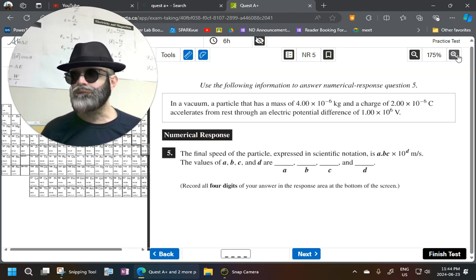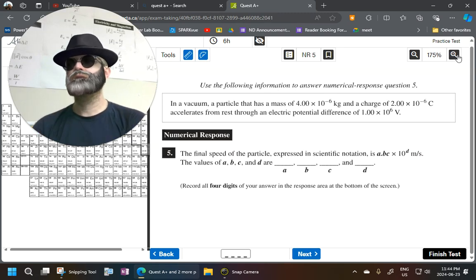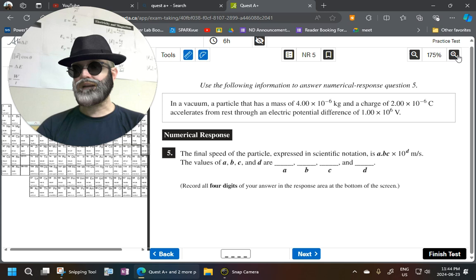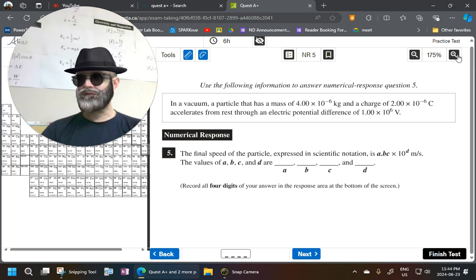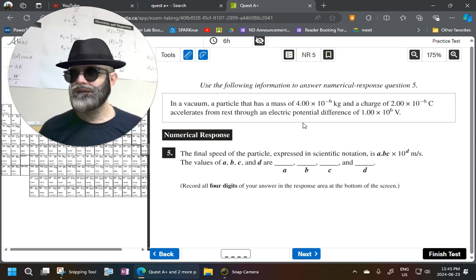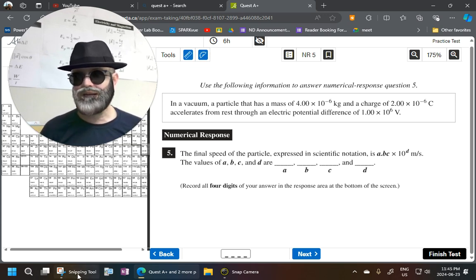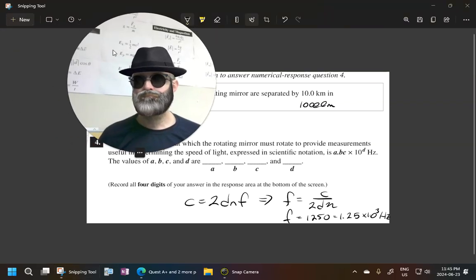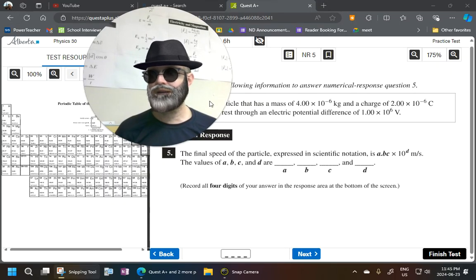In a vacuum, a particle has a mass of this and a charge of that. It accelerates from rest through a potential difference of this. What is the final velocity? Okay, so the key here is from rest, all right? So if it's from rest,